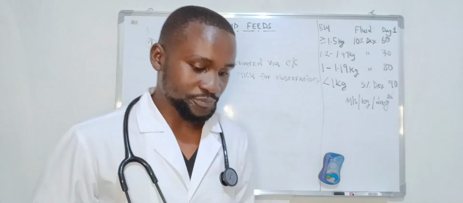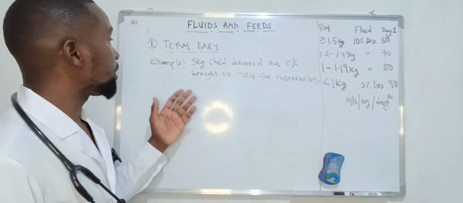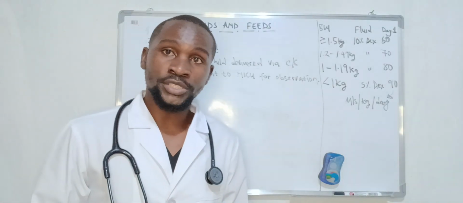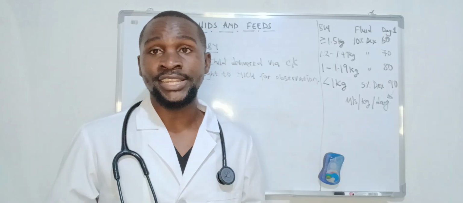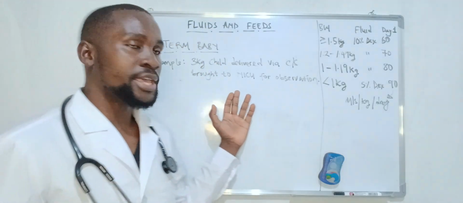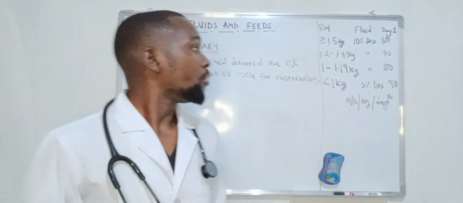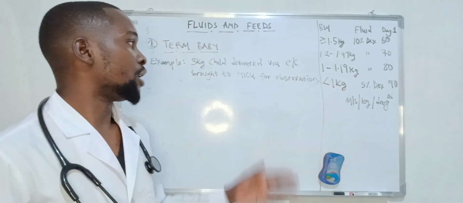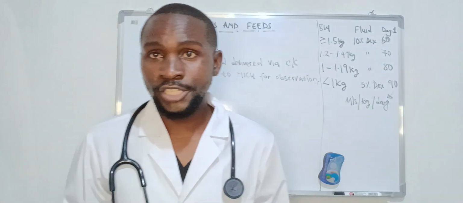Time is not with us. So we have a simple scenario here. We have a term baby that was delivered at term. Okay, let's say this child was delivered at 38 weeks, which is term. And this child is weighing 3 kg, and the child was delivered through cesarean section. The child has been brought into NICU for observation and also